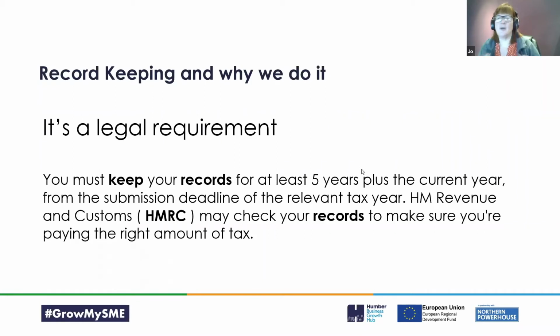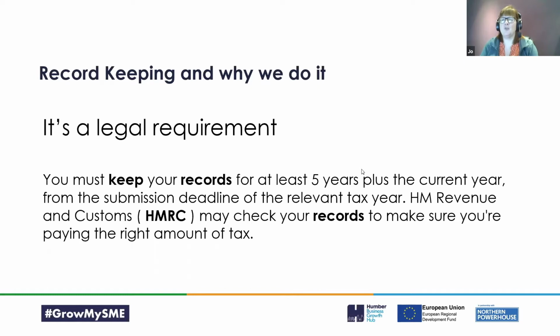So most of you, I hope, will already know that you need to keep records, facts and evidence. HMRC like facts and evidence. So you need to keep records for the year that you're in, plus the previous 5 years. So people talk about 6 years of record keeping, that's what they mean. And those records can be kept digitally or in a hard copy format. And historically, we always kept a hard copy format. People would sometimes bob them in an Aldi carrier bag or a shoebox, or in a nice lever arch file and put them in date order or supplier order or whatever that might be. And that's absolutely wonderful. HMRC love to see that kind of thing.